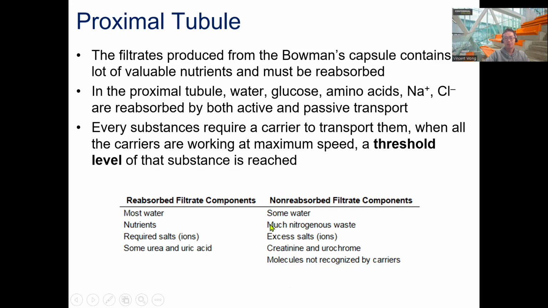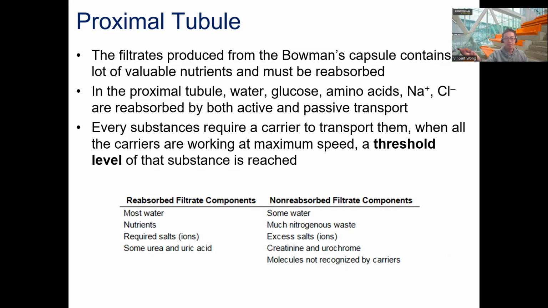not going to take back. Okay, so we have to have some water to continue to flush it out, right? Nitrogenous waste product like ammonium, urea. Excess salts that we don't need at the moment, creatine, urochromes, and then there are these molecules that are not recognized by carriers. Right? What does that mean? Well,